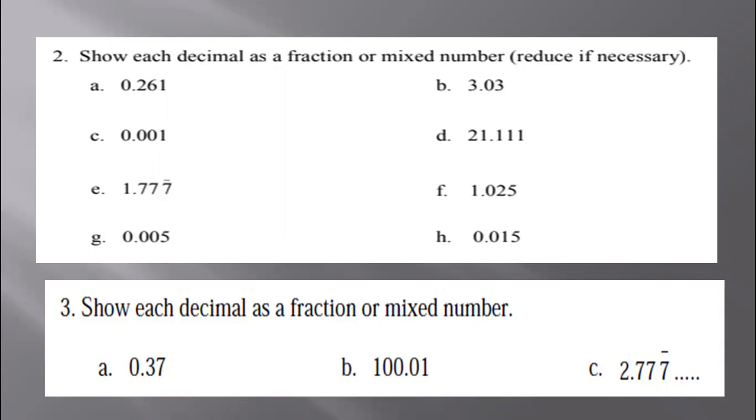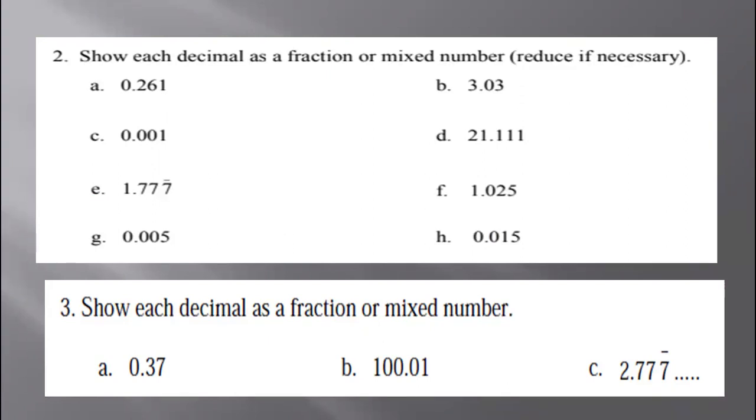21 and 111 thousandths, be careful, this is not repeating. There's just 3 ones in a row. A lot of students confuse this and think it's repeating. It isn't. So it equals 21 and 111 over 1,000. 1.77 repeating is going to equal 1 and 7 over 9. 1.025 equals 1 and 25 over 1,000,